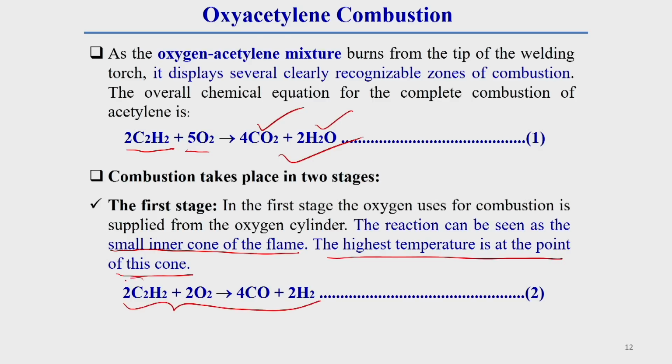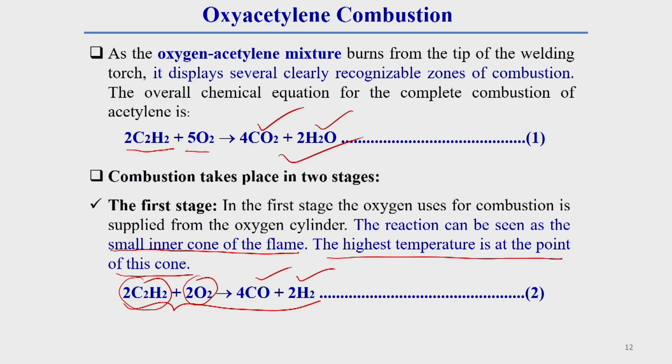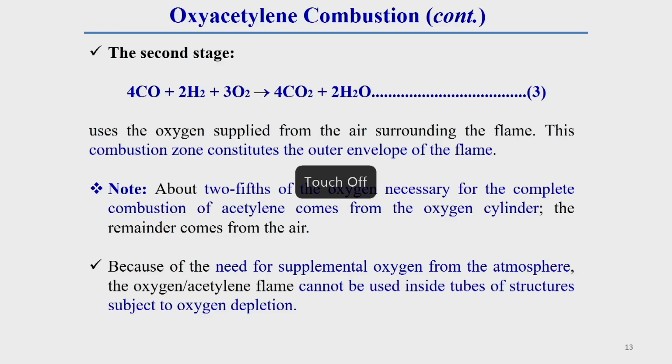Here the acetylene gas as well as the oxygen gas are supplied directly from the cylinder. Due to this, carbon monoxide and hydrogen gas are produced. In the second stage, the output of the first stage is used. Here the rest of the oxygen, whatever remains, generally comes from